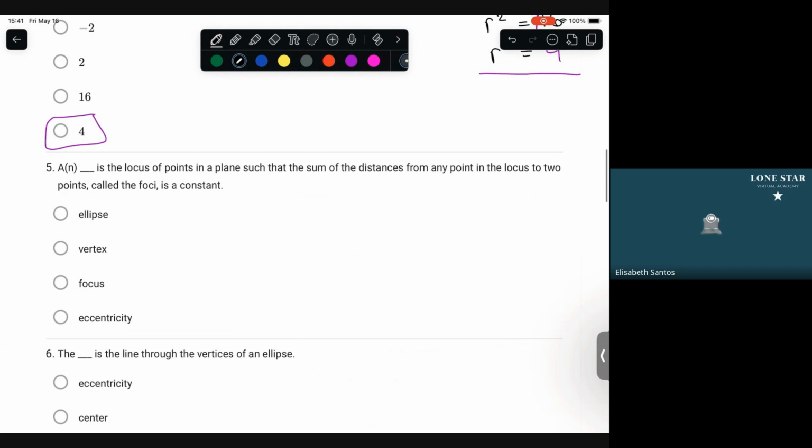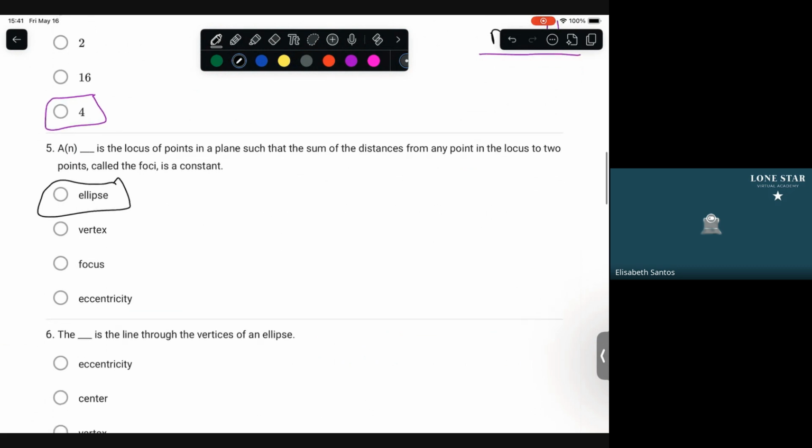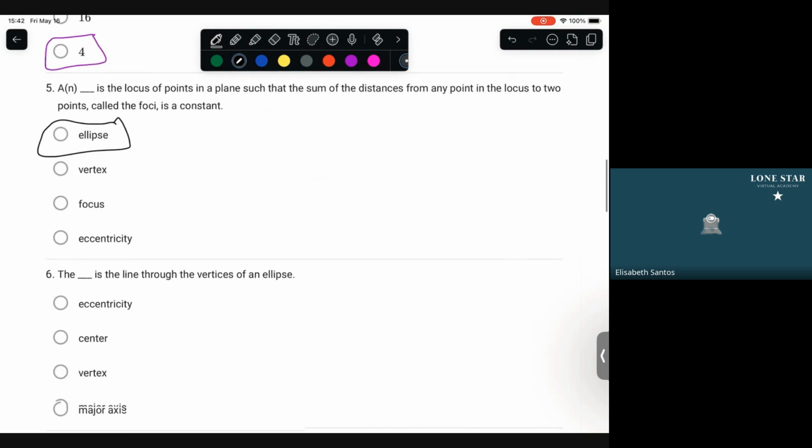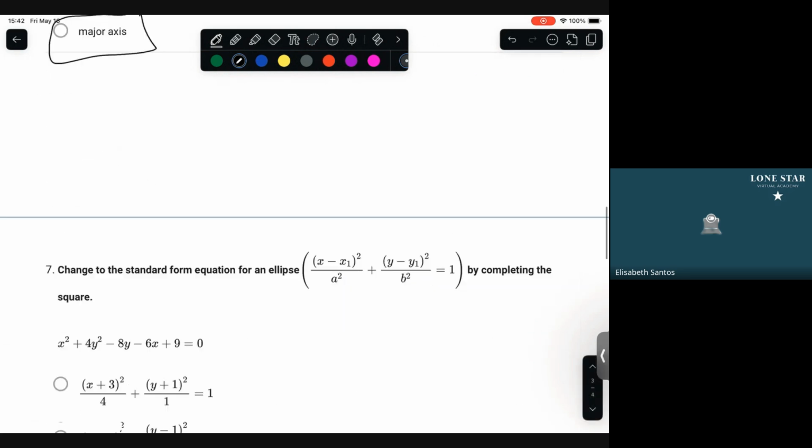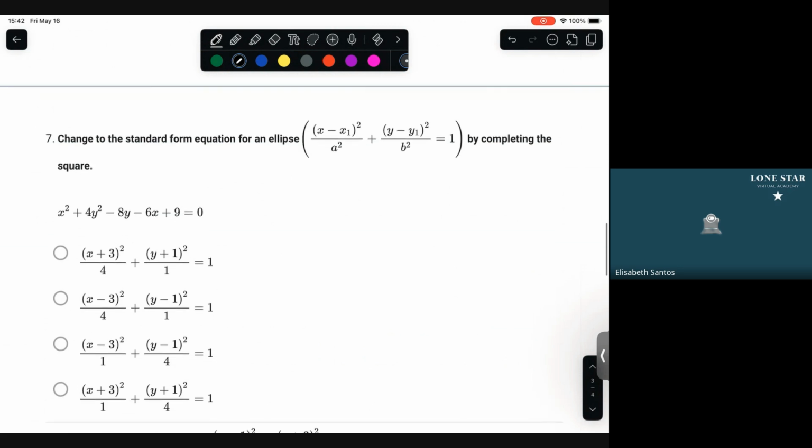Okay, an ellipse is a locus of points in a plane such that the sum of the distances from any point in the locus to 2 points called foci is a constant. Number 6, the major axis is the line through the vertices of an ellipse. Number 7. All right, so